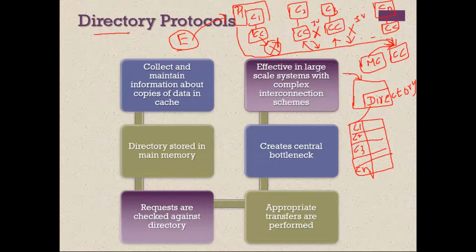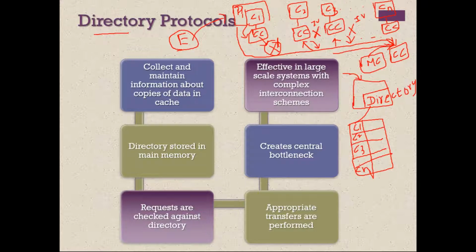While performing a read operation, if any processor wants to read something from the main memory, the request should come to the cache controller. Why do they want to read? The data is not available in its own cache. So only when there is a cache miss will the processor request a read from the memory. But that request will first go to the centralized controller.